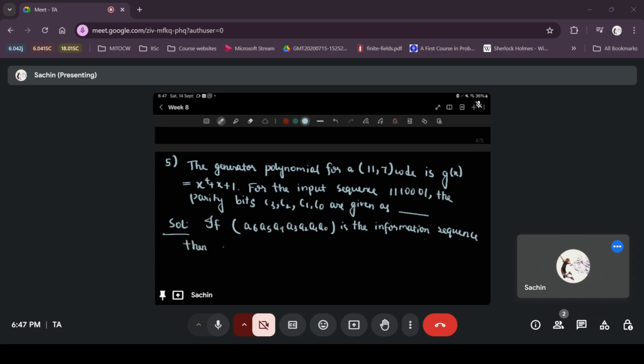Then the parity bits C3, C2, C1, C0 are such that